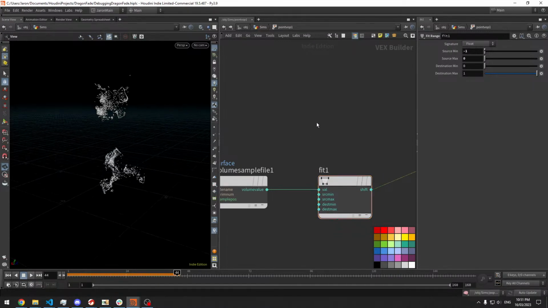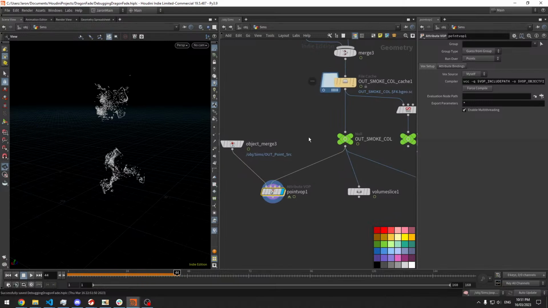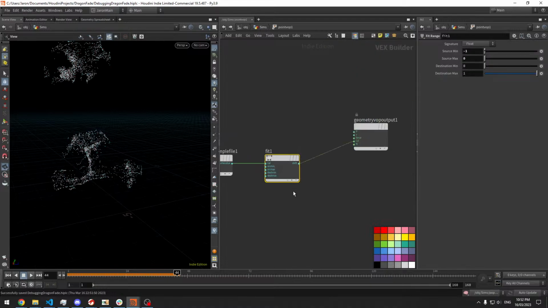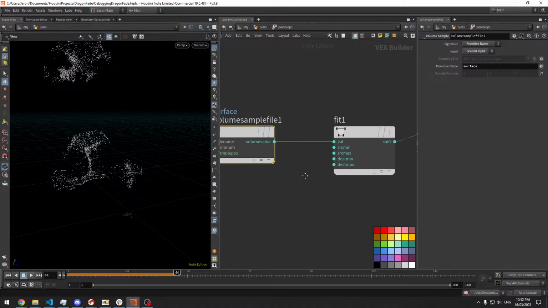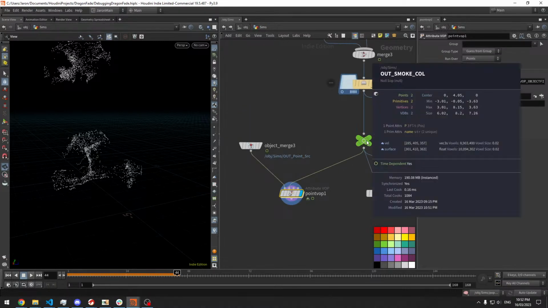So, I think that isn't correct. Basically, we want to see if it's in there or not. If it is, then push it out. So if it's in there, volume sample, yeah, volume value, surface, primitive name, second input, getting the surface,